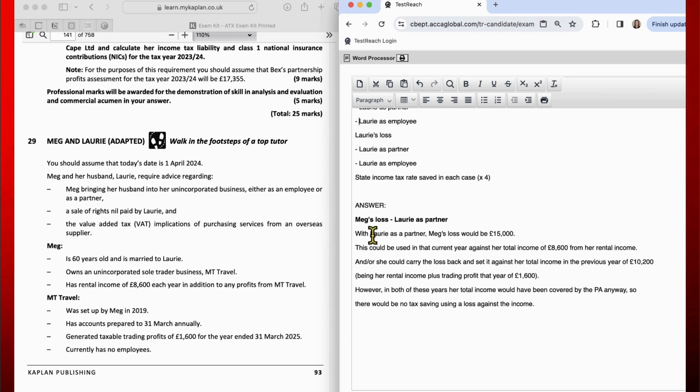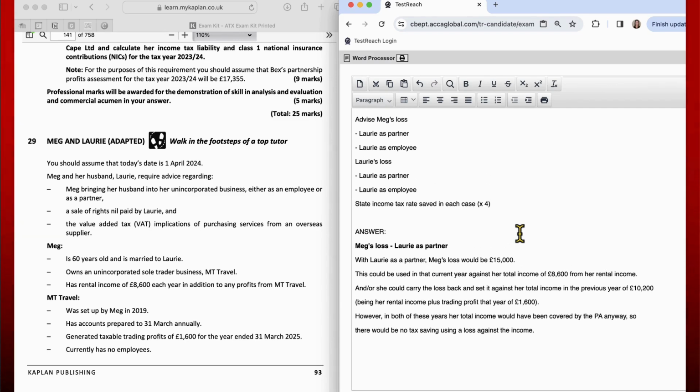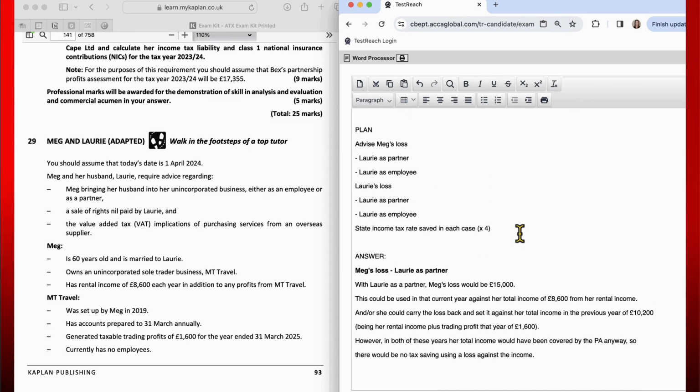So what I've said here is with Laurie as a partner, Meg's loss would be 15,000. So I just need to quantify it up front. I'm not going to get any marks for that. All I'm doing is really bringing my answer from A part 1 down into A part 2. So I'm not really going to get any marks for that probably. You never know though. So it's worth mentioning, but it also helps me then focus on what I'm going to